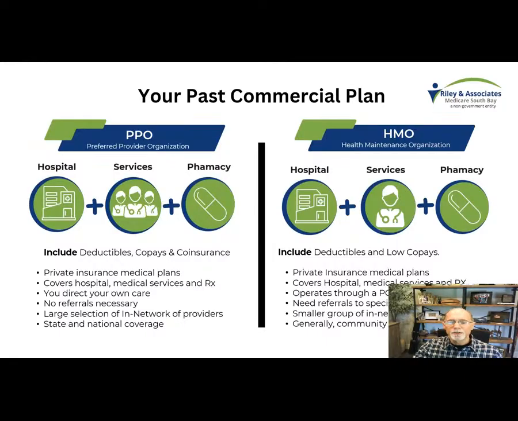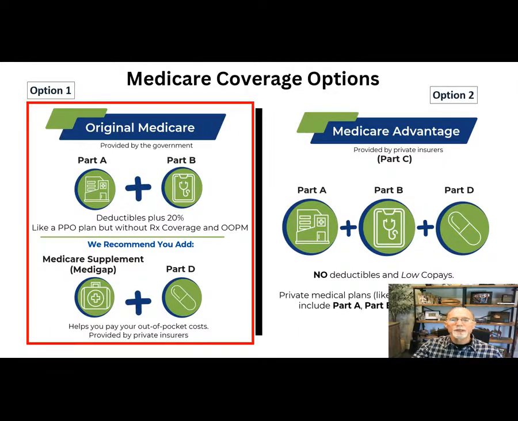Okay. A PPO plan usually has a higher premium and some higher out-of-pocket costs, but it gives you a lot more freedom. An HMO plan usually has a lower premium with lower out-of-pocket costs, but you have a network that you must stay within, and a lot of times there are authorizations and referrals that you need to get. Okay, and so when we start looking at original Medicare and what your options are to cover those out-of-pocket costs, they're going to be similar to a PPO or similar to an HMO. So it's really not that difficult. Let's take a look at it here.